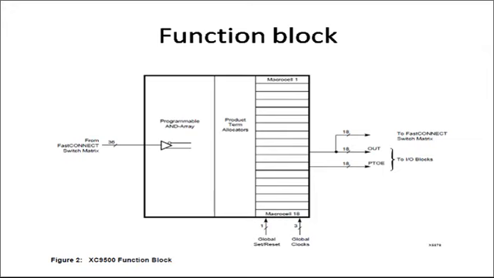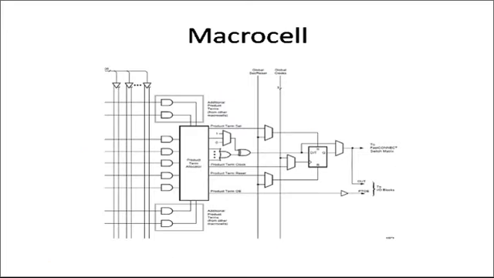Now if we see the elaborated view of this, I will also explain it in detail. Now see the macrocell. No doubt this is a diagram of the macrocell, but it contains the AND array as well as the product term allocator. You can see this part. In this part you will see that 36 is written over here, 36 and its complement, meaning a total of 72 vertical lines. And for every macrocell there are 5 horizontal lines going to the AND gates. That's why it has been said that for every macrocell 5 product terms are allocated to that particular macrocell.